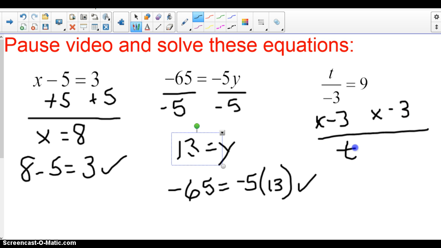This leaves you t equal to 9 times negative 3, which is negative 27. Putting negative 27 back into your original problem is negative 27 divided by negative 3 equal to 9. Yes, it is, and that checks out. So hopefully you got all three problems right and are ready to move on